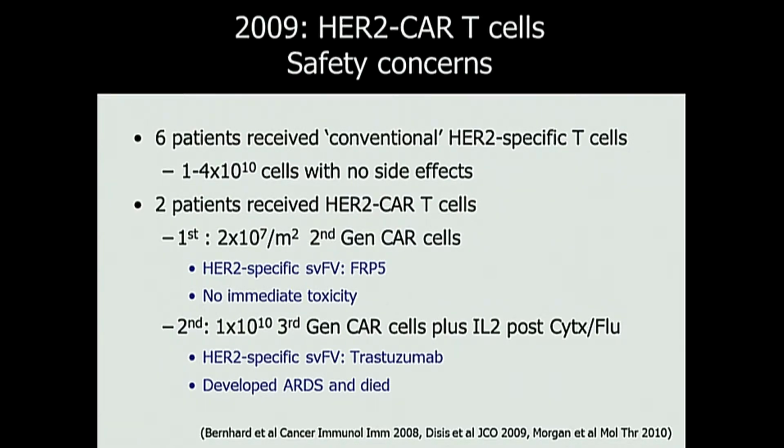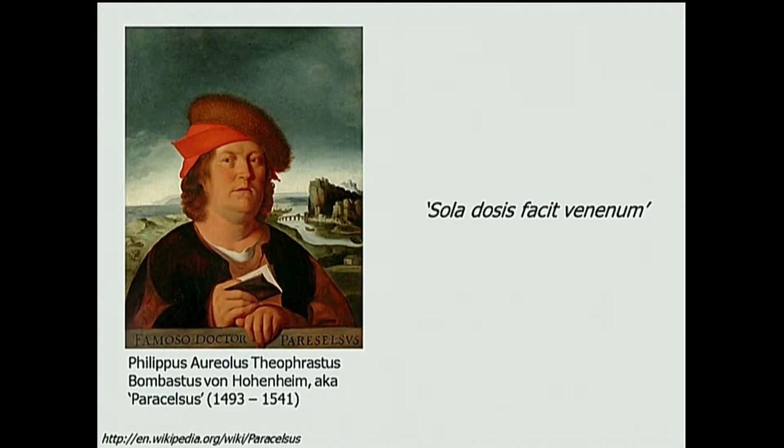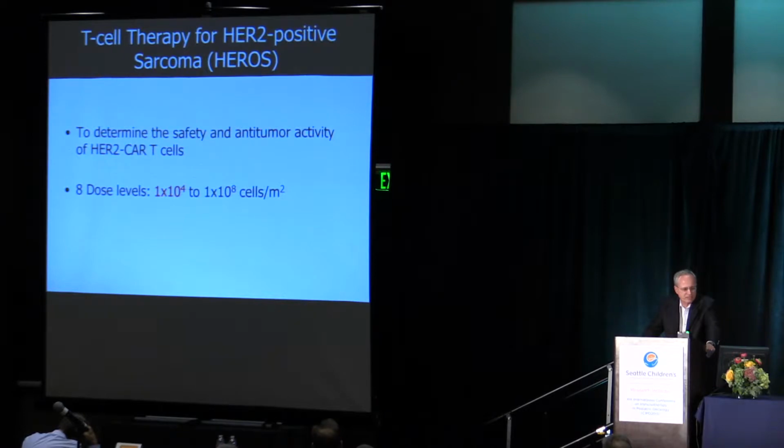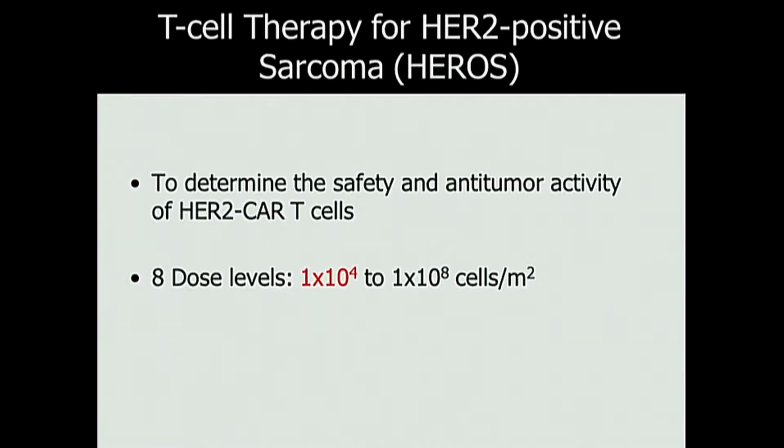And we really felt that it was dose-limiting toxicity. So to speak, like any other chemotherapeutic agent, if you give too much, the patient has a chance of not surviving the dose. So after talking to the FDA, we were asked to start at a very low dose. And Crystal, I know you said 10 to the 6 is low, but we almost had to start at homeopathic T-cell doses. But